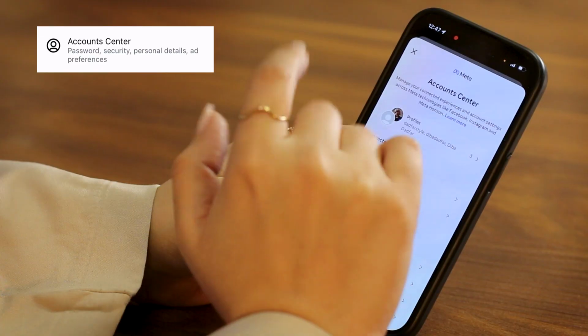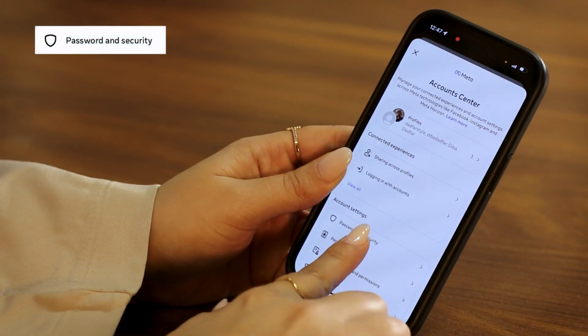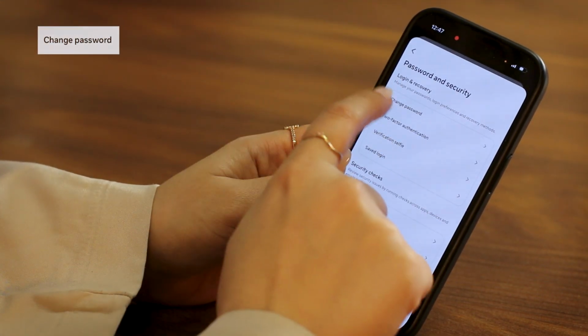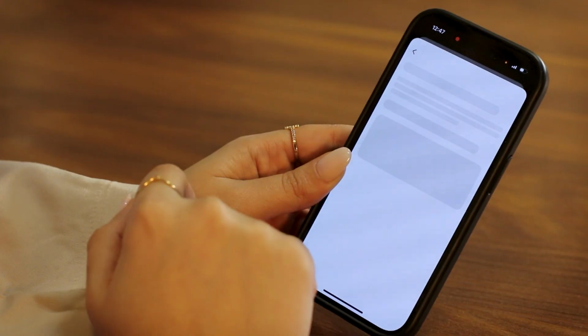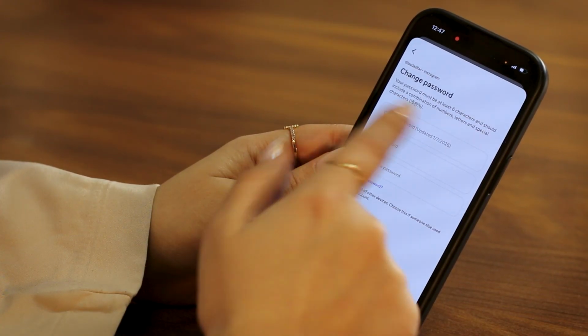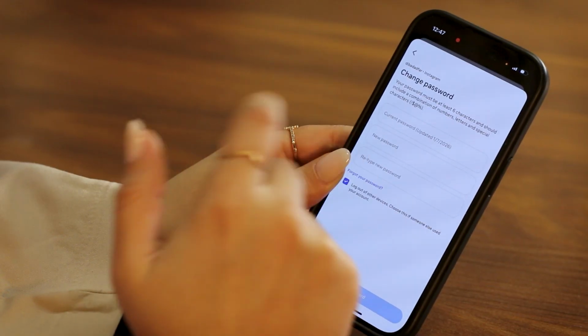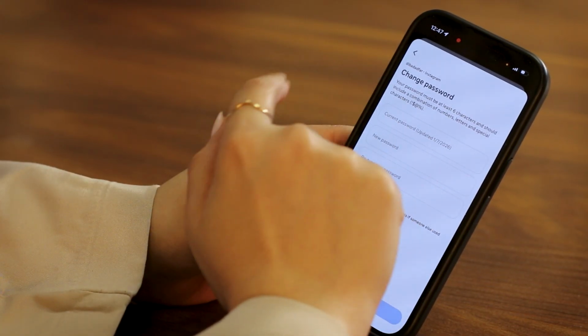And if you want to make sure that they can't log in anymore, going the same direction again, you're going to choose password and security. And this time you're going to choose change password by entering your current password and your new password and retyping it. You can change your password so nobody can have access to your